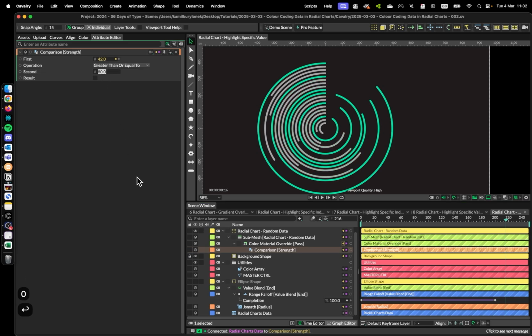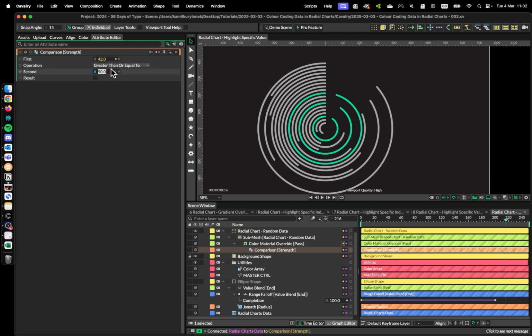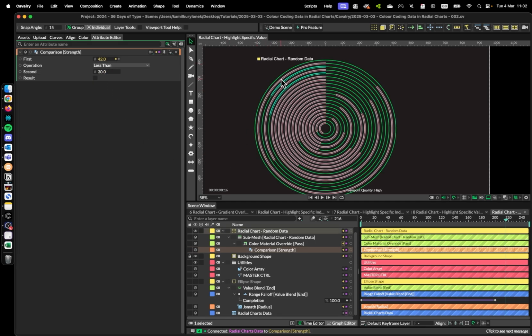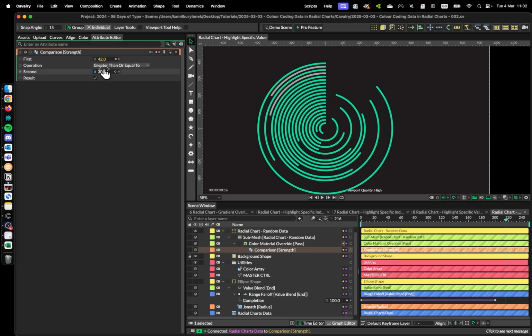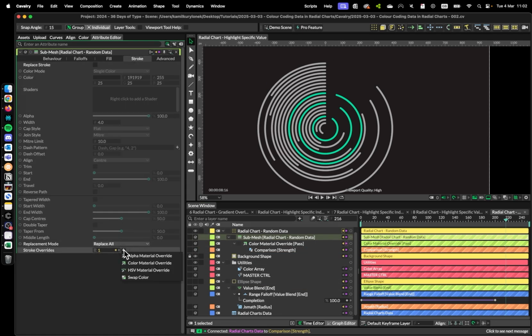We can narrow this down even more, like so, until you have only data points that meet this criteria. And this works all the way around, like less than 90. We can be more strict by only limiting data points which have less than 30 in the value. It's going to leave it as greater than 90. And to show you that this works in multiple ways,